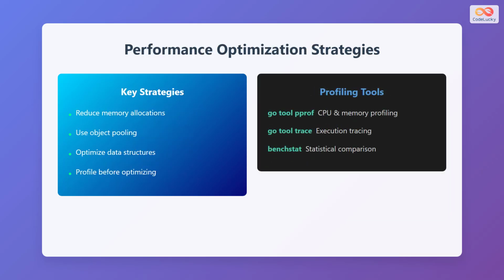Let's explore performance optimization strategies. Key strategies include reducing memory allocations, using object pooling, optimizing data structures, and profiling before optimizing. Some helpful profiling tools include go tool pprof for CPU and memory profiling, go tool trace for execution tracing, and benchstat for